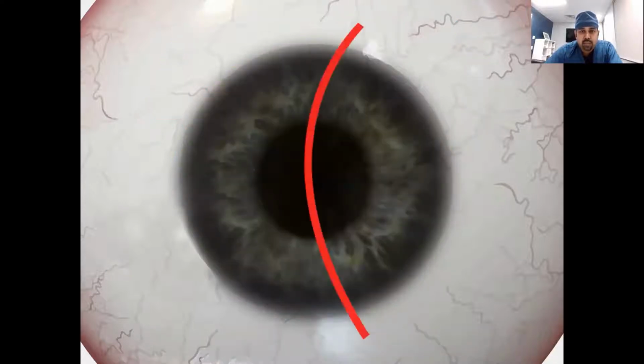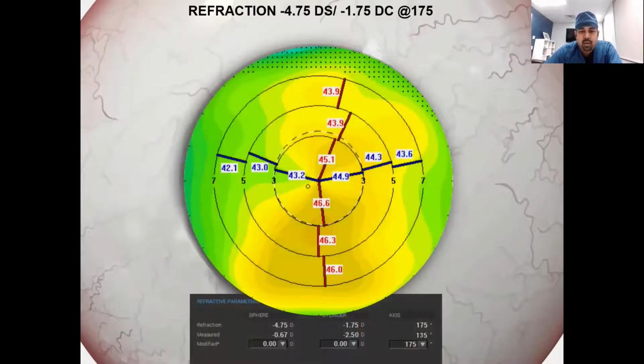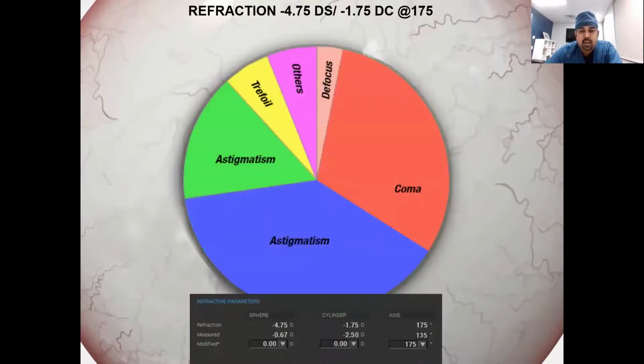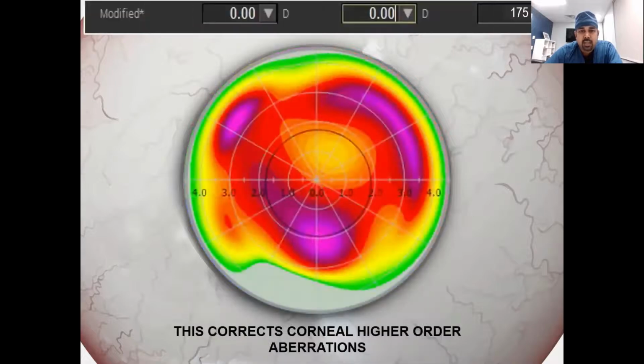To treat that appropriately, what your topo-guided treatment platforms do is that they initially find out the difference between the aberrations of a normal cornea and the cornea that your patient currently has. Say the cornea has astigmatism and coma; it initially treats the coma or the other higher order aberrations on the cornea, even when you don't actually feed in a refraction value.